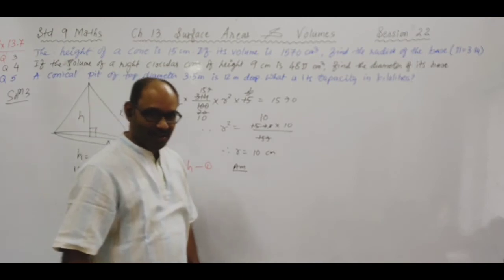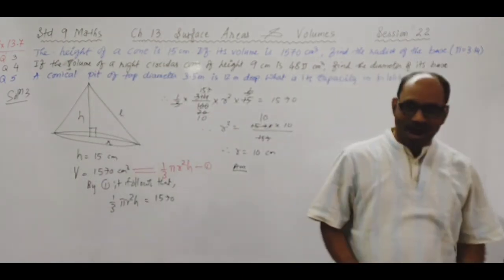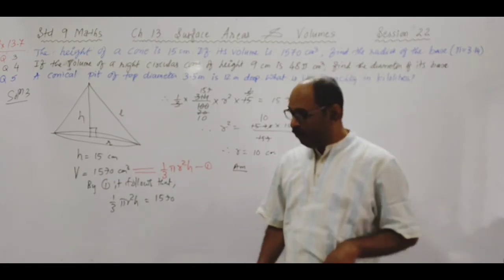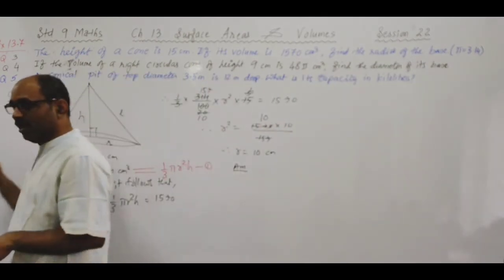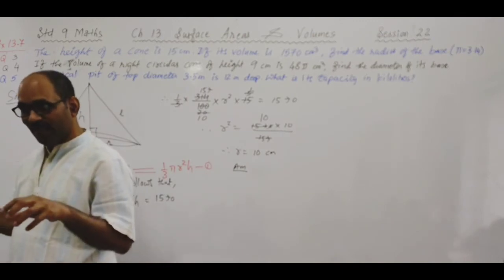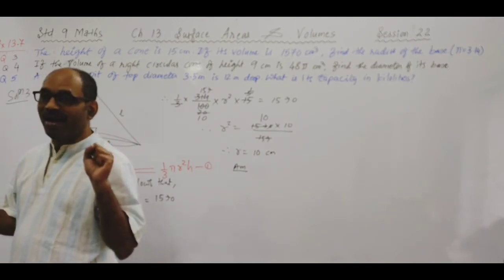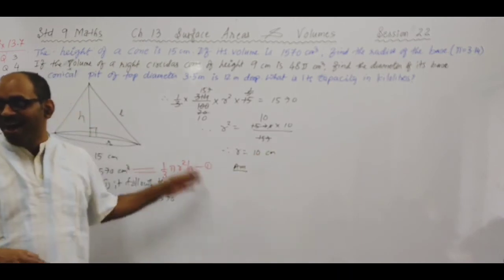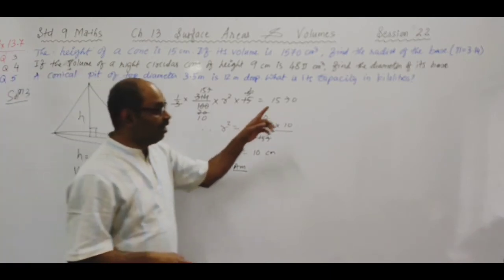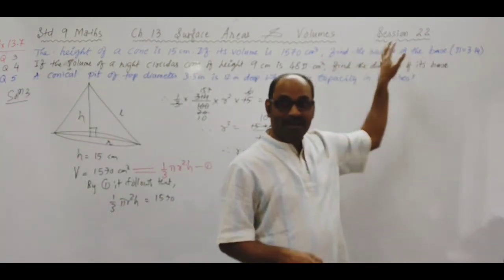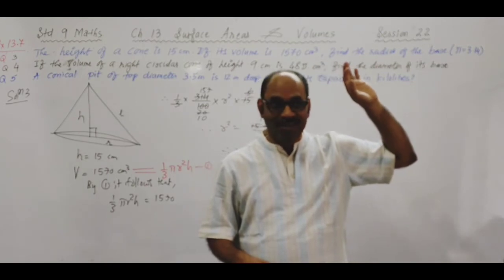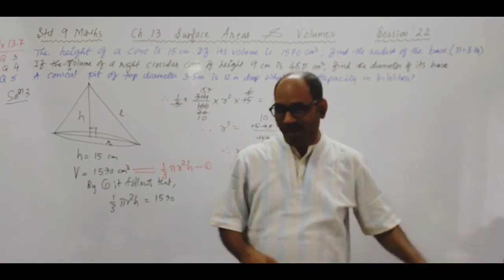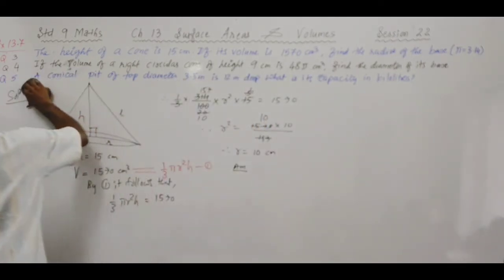Is that clear? Did you all understand? Sure. Can we move on to the next one? Yes. It's number 4. Alright. So in the third one, volume was given and vertical height was given and you were supposed to find radius. Slant height ढूंढना हो तो radius ढूंढने के बाद, yes, they can ask you to find the slant height of this conical vessel. तो और आगे बढ़ना पड़ेगा. चलिए. Now number 4.